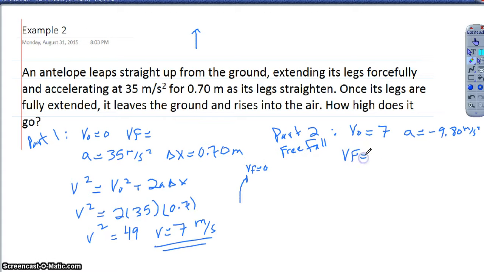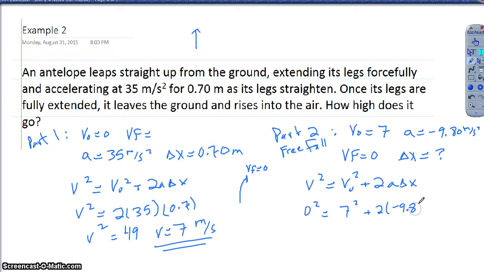So again, the reason I threw this question in, just to make sure we go back and revisit that fact. I know that at the highest point, the final velocity is 0, which is good because now I have 3 pieces of information. So if I want to find delta x, I just use the exact same relationship, right? But this time I'm solving for delta x instead of v final. I know the final velocity is 0. I know his initial velocity is squared, so 7 squared,